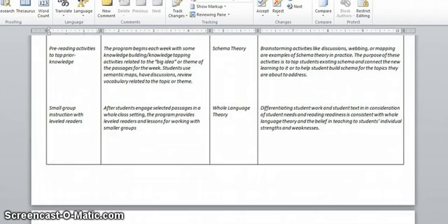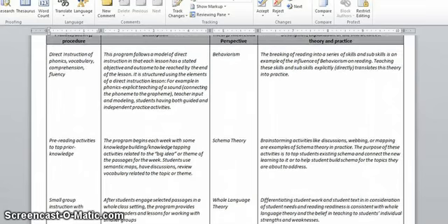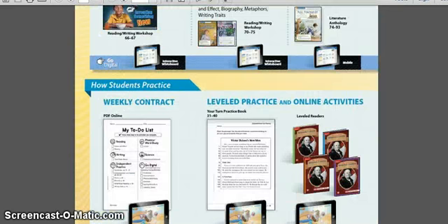So I want to point out that I have so far not repeated any of the theories here, because I wanted to give you some different examples. So you will run into repeated examples that may be derived from behaviorism, repeated examples that may be derived from whole language theory. And I'll give you an example here in that I have whole language theory as the underpinning for the small group instruction with the leveled readers, but if I also look back at my program, I see that